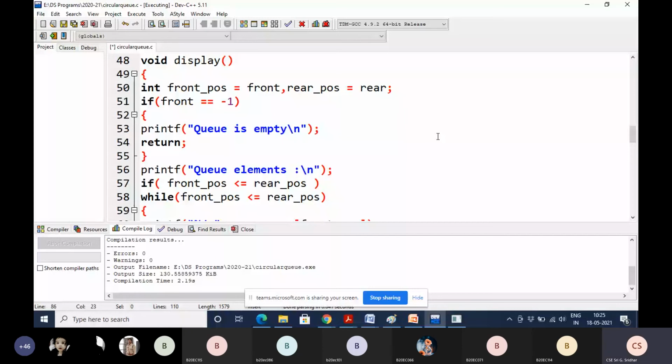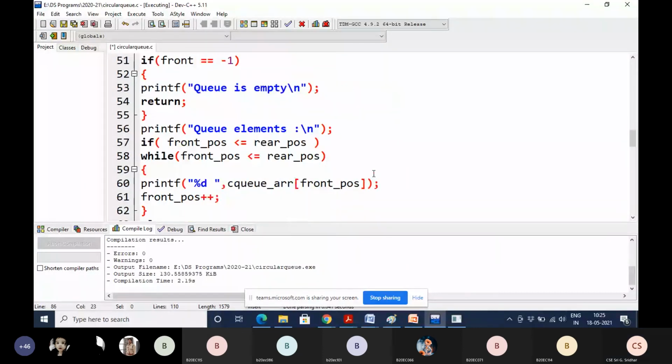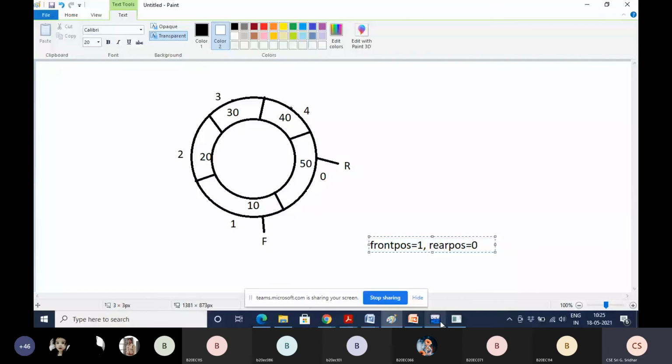Otherwise, what do we have to display? The queue elements. How to display? See here. If front position is less than or equal to rear position. Is front position less than or equal to rear position?